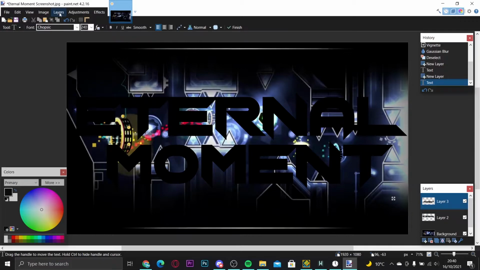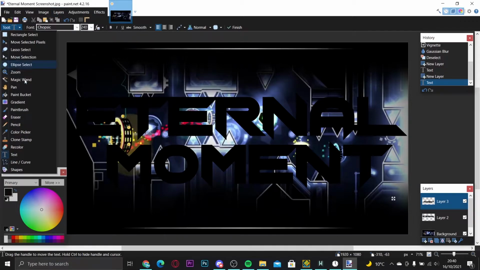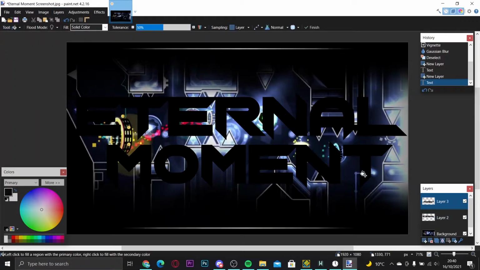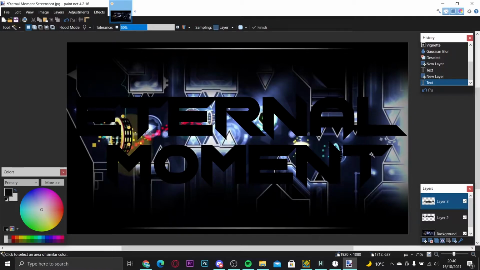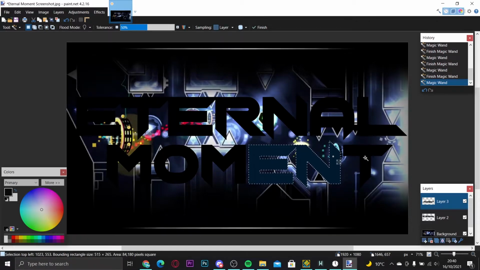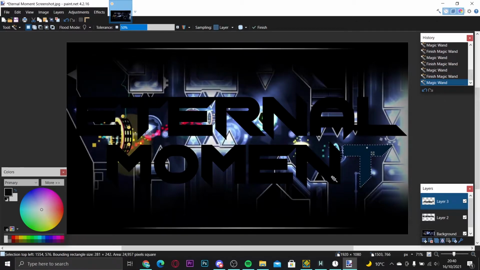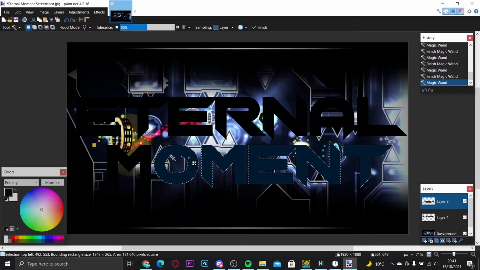it in very well. I'm going to go onto my tool, select the magic wand, and on the layer that you're on, so like if it's on moment here or eternal here, I'm going to see if it's layer 3 and if it has moment, and I'm going to select everything with the magic wand and hold control while doing this so it selects every single one, because if I don't, then it's just going to do one bit separately. So control and click on the letters so it's there, and now you're going to go to